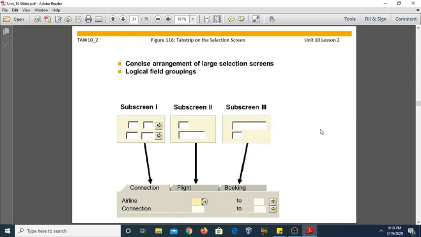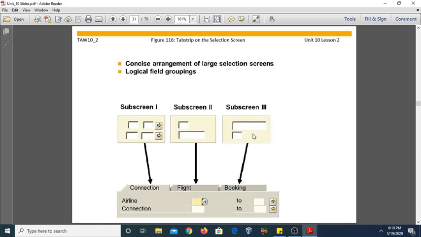As you can see in this figure, we have three tabs with the names connection, flight and booking. On the connection tab, we have assigned subscreen 1. On the flight tab, we have assigned subscreen 2, and on the booking tab, we have assigned subscreen 3.